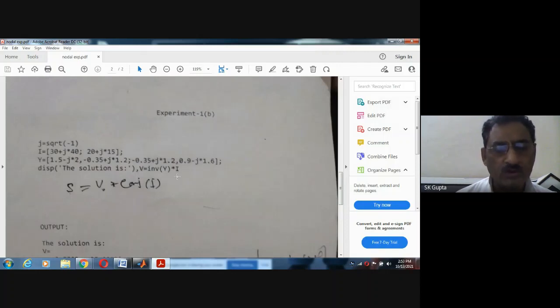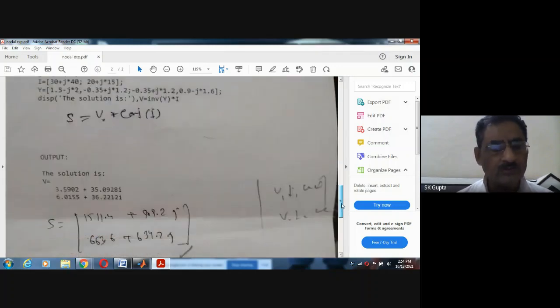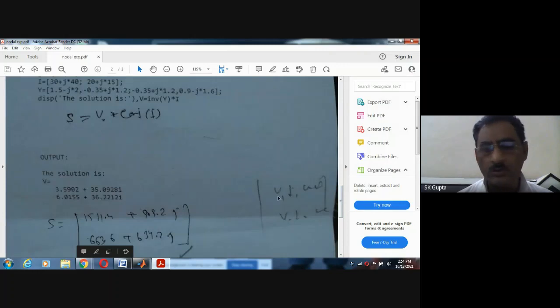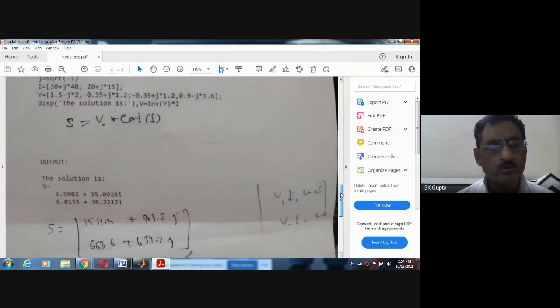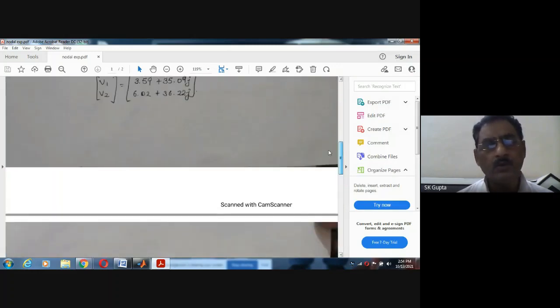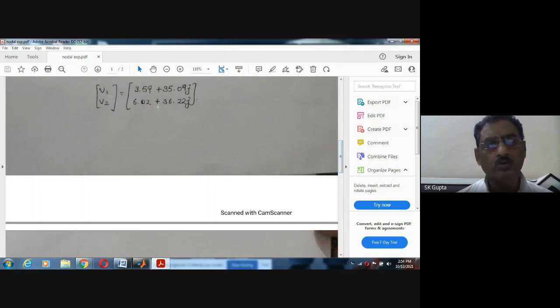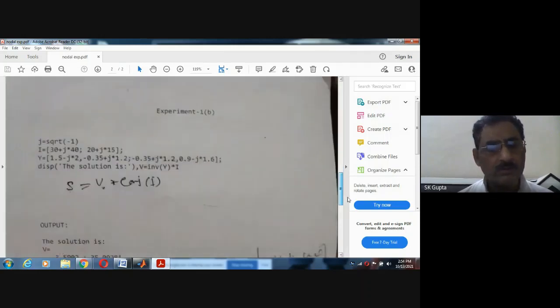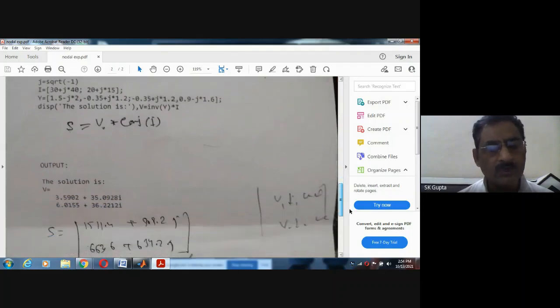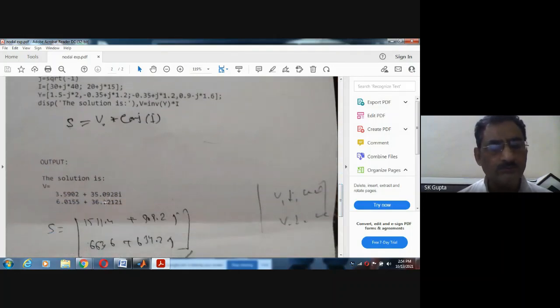You will find the voltage, and if you run it, the same solution will come. This is the solution you found manually. You understand, you will see it. To solve it numerically, through the computer with MATLAB, you will get this same solution. Now